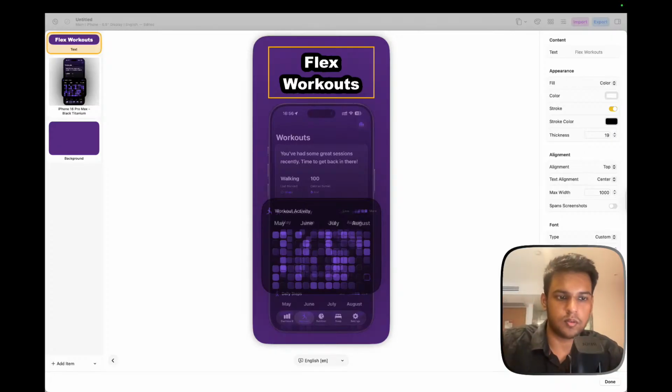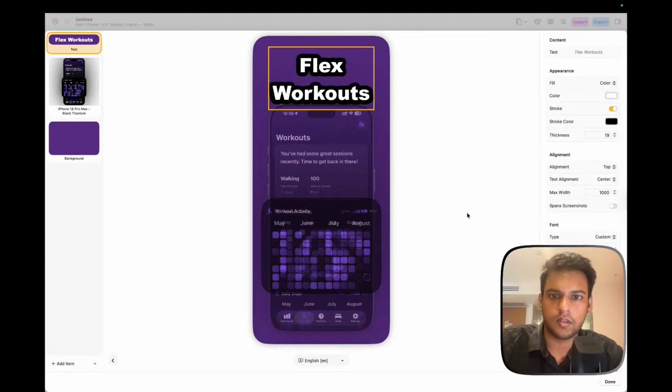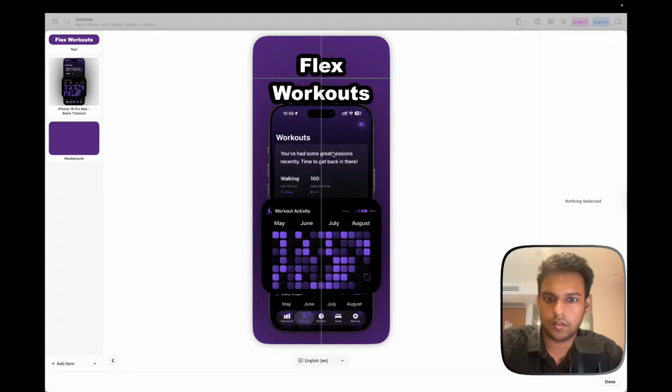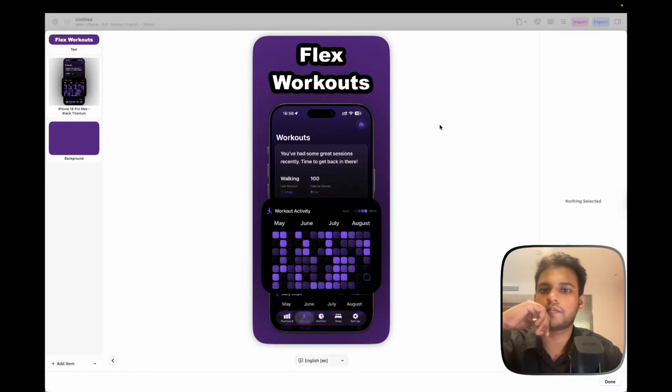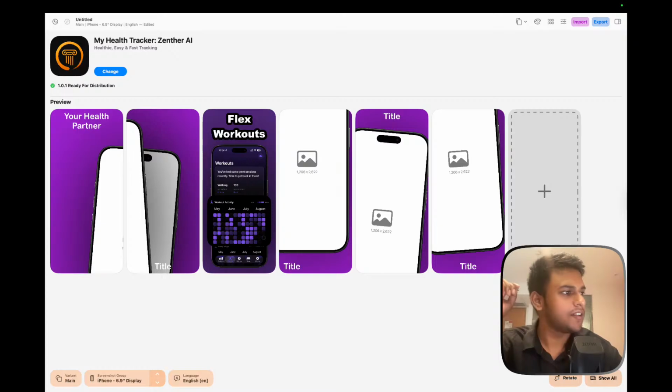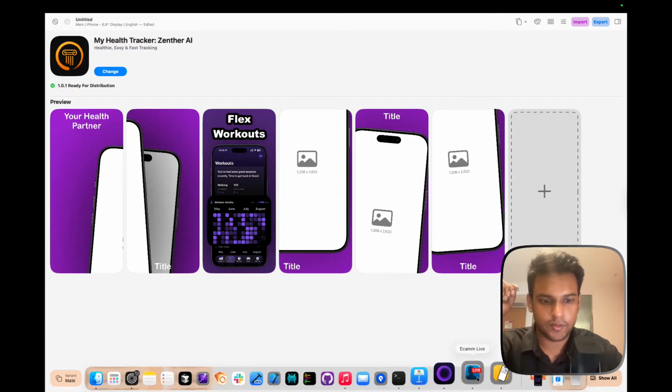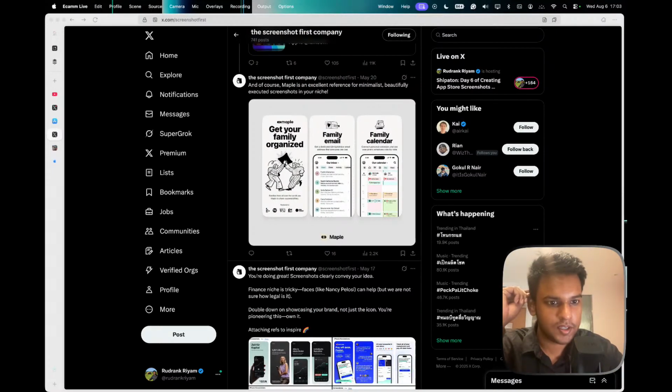So I will go with 180. Perfect. So I have come up with one screenshot. Nice. So now if I click on done, and if I go through the comment section just to be sure,